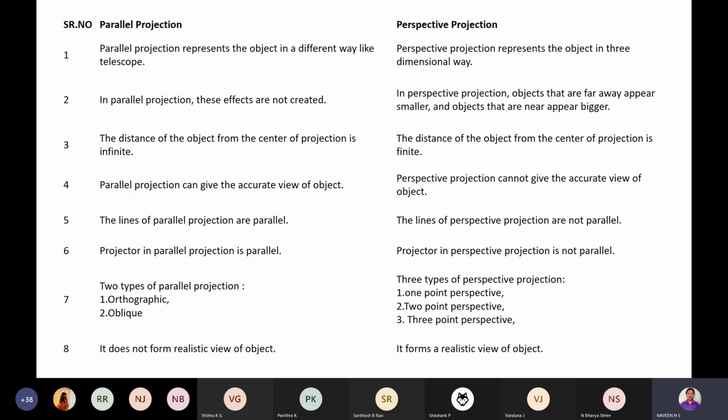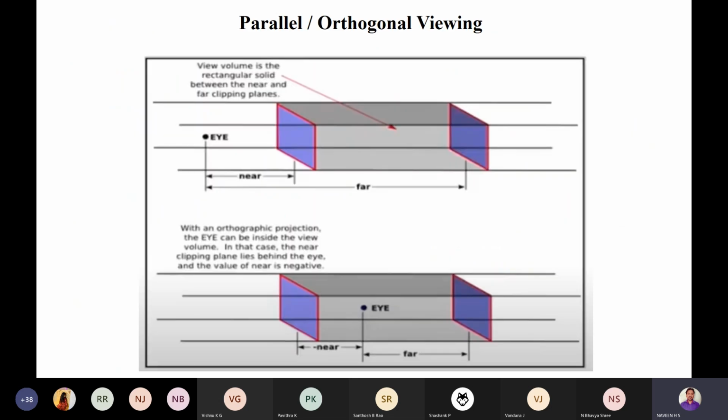Yes, of course, because initially when you look at the object at some particular distance, it will be like the original image. Whatever object you are seeing, the same thing you are able to see here. There is no change, there is no distortion in the image. The image will be perfect. But in case of